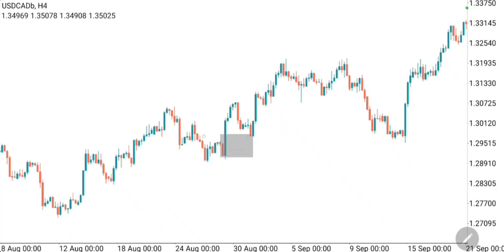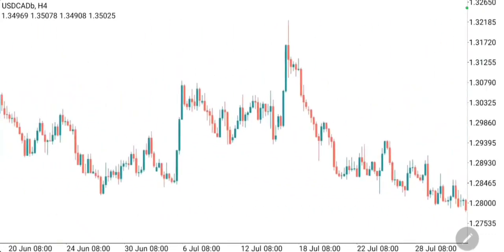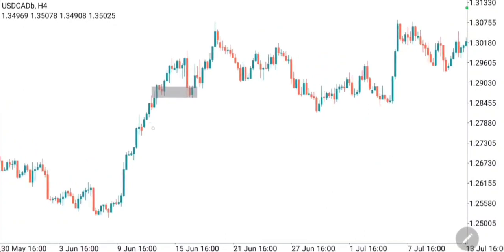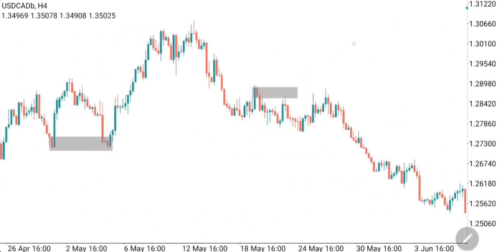All right, this is a drop base rally zone. The market bought from the zone. Okay, let's see if we have got more examples. This one is a rally base rally zone, which worked, though not a higher probability bet. It worked out in that case. Okay, so here as well, this is a wonderful zone, a beautiful zone, rally